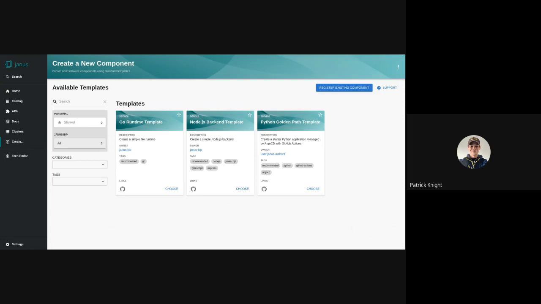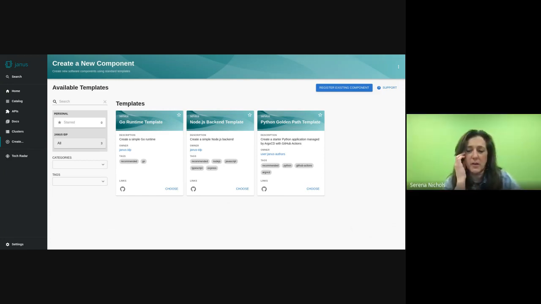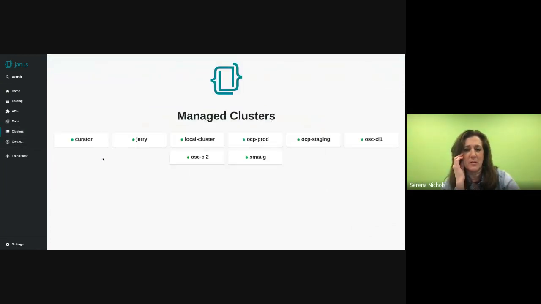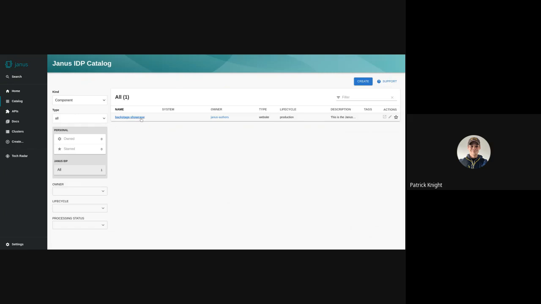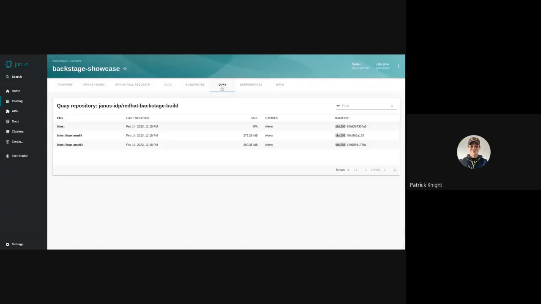Awesome. That looks great. Do you mind, just for clarity for anybody watching later on, showing which pieces are actually Janus plugins, like the OCM one, I guess? Yeah, so here is the OCM plugin. This one has been contributed. We have the Quay plugin. And I think that's it, right?